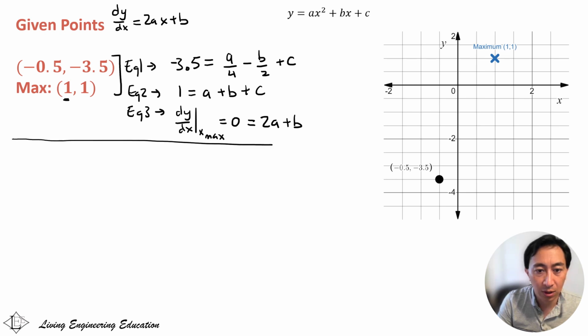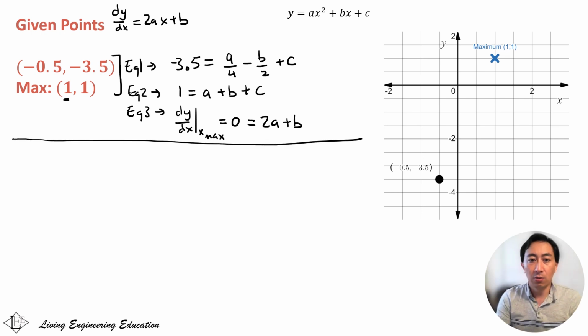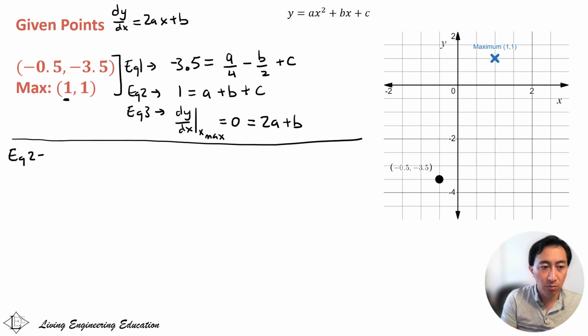All right, excellent. So now I have one equation that just has a and b. That's equation 3. And then I want to combine equations 1 and 2 so that it is also only in a and b form. So I'm going to say equation 2 minus equation 1, just because the y term's negative sign here. And this will be my equation 4. So let's change colors here. So I get